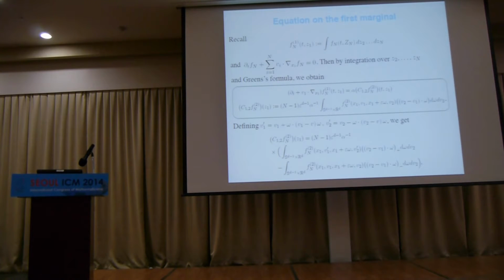This is explicit, though formal because I have to justify everything. Now, remember the boundary condition. Assume that in Fn2 here, omega dot v2 minus v1 has some sign, positive for instance. It means my particles are moving far apart from each other. I can replace Fn2 by the same thing when the particles are going in, because of the boundary condition. There are probably typos here; it should be v2 minus v1 in both places. So I have two terms depending on the sign of this factor. If the sign is positive, I replace my outgoing velocities by incoming velocities, by the boundary condition. If the sign is negative, I don't do anything.